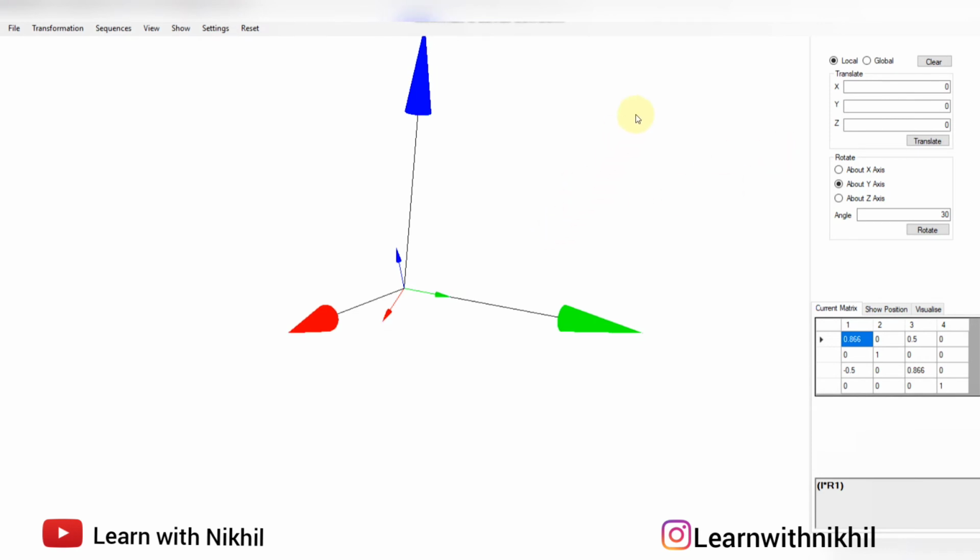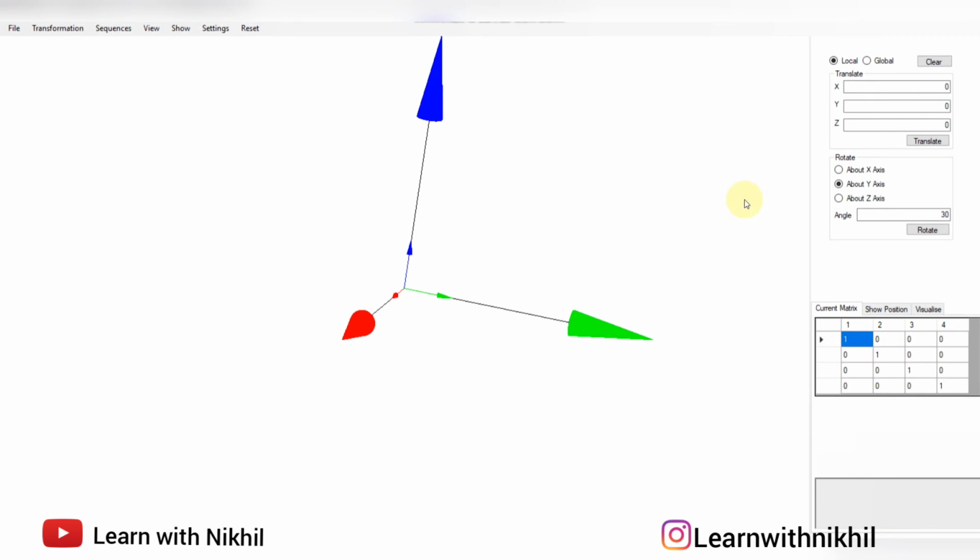To explain this more, here you have this local and global also. I'll explain this local and global also here itself, so it will be clear. Local, it was clicked on local only earlier. So whatever we rotated along x axis, this is along this local axis. And when I click on global, what will happen? Right now it will be the same as it is on the center only. Now if I move this somewhere else, I'll show you. If I move this somewhere else first, now there will be the difference in the local and global.